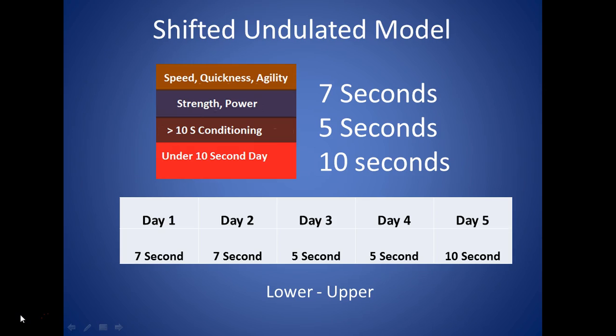Okay, so the one model that I do use often, it seems to work. It can be switched, but I will tell you here's my typical plan. I do speed, agility, and quickness training. So on a Monday, let's say day 1, I'll do 7-second drills of speed, agility, or quickness. So when I say speed, I mean, let's say a drill such as top end speed. I could also do accelerations, pulling a sled. Another type of agility, I do agility drills that last 7 seconds. Then the next phase, I'll go into the weight room and do power and strength movements.